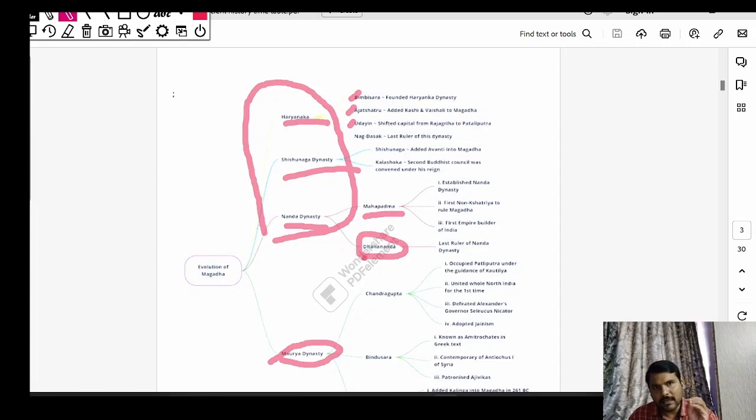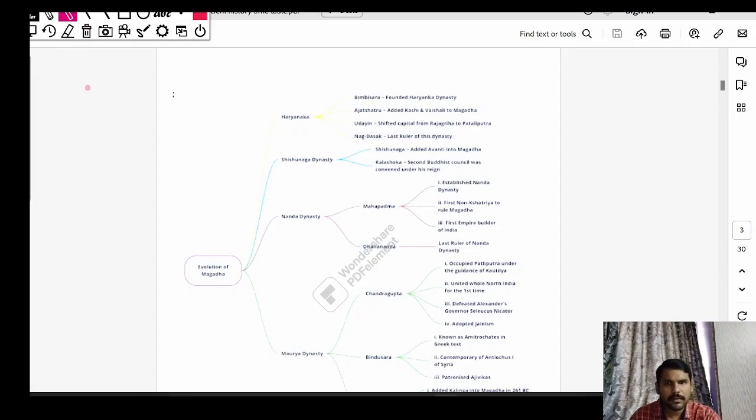So when Alexander came to India, Dhanananda was the king who was there, and he was deposed by Chandragupta Maurya. Okay. Now, if you look at the Maurya dynasty,